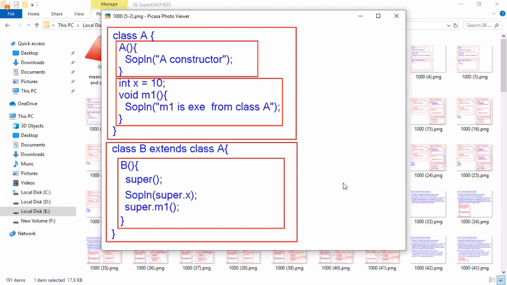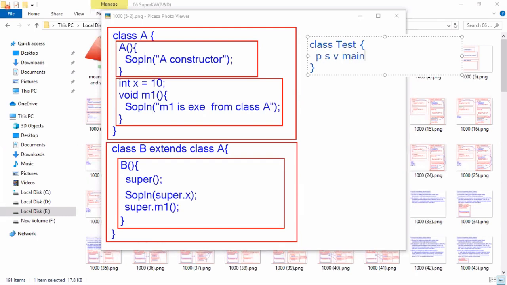Tell me, in a test class, when I create an object, what happens? In a test class, public static void main of String array args.